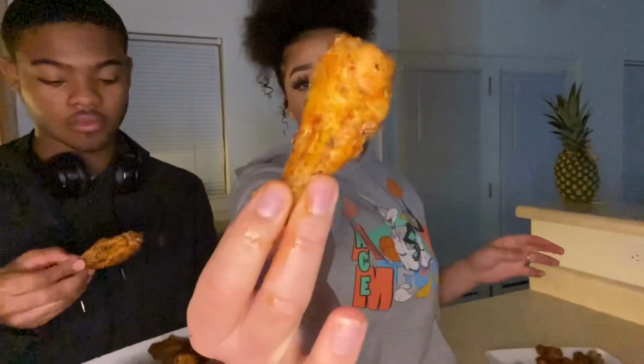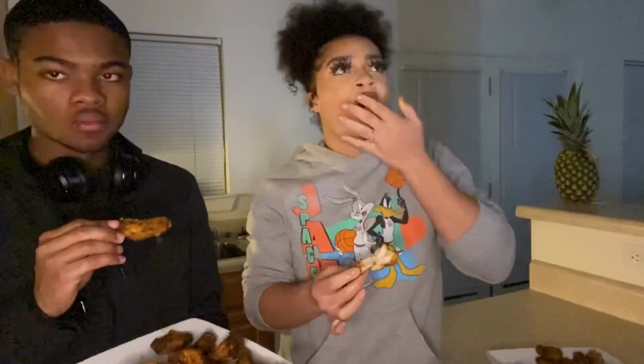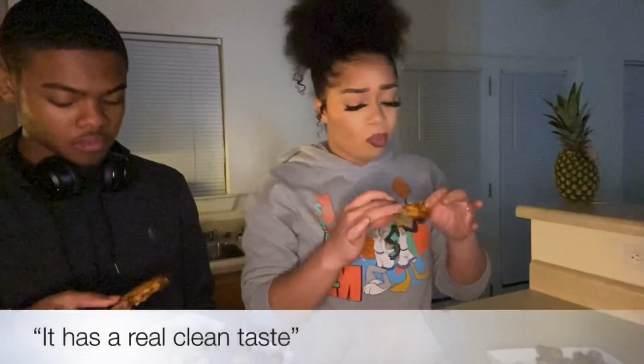This is the air fried wing. As you can see, looking delicious. Honestly, hold on. It has a real clean taste. I think this is better than the regular fried, cause